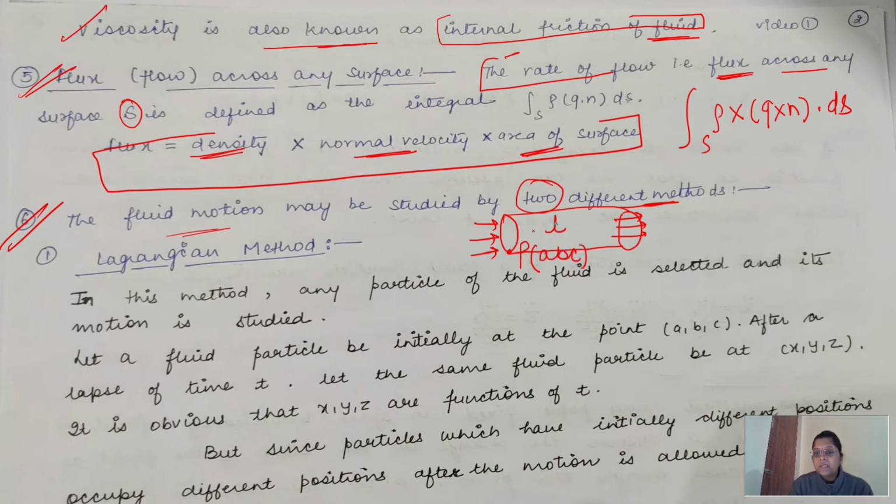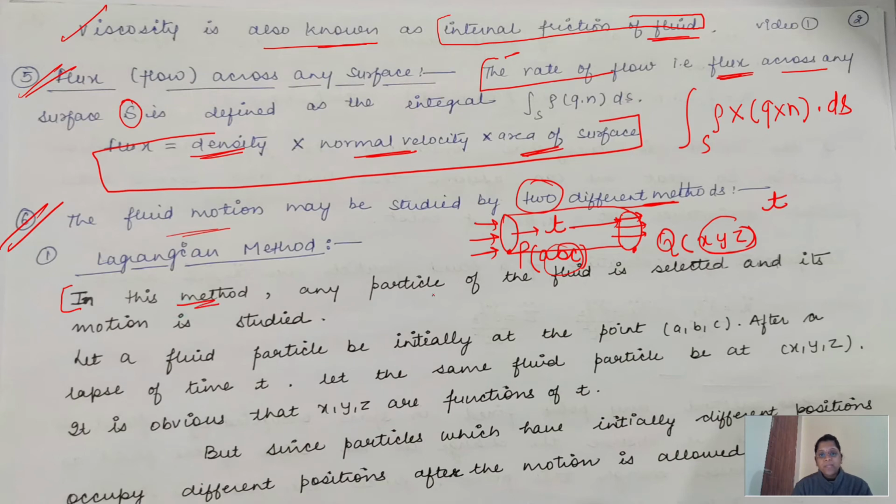After a small time t, the particle reaches a point Q, and then the coordinates of the particle will become x, y, z. But this x, y, z and these a, b, c will depend on the time t, because with the help of time the particle moves from one position to another, and that's why the position of the particle will change. Now let's start with the definition. I think that will be more clear to you now.